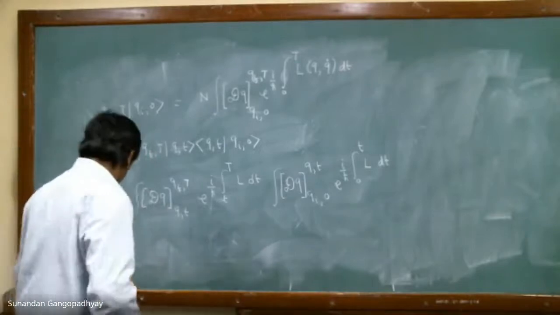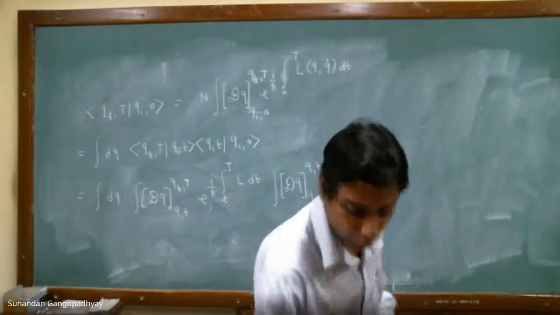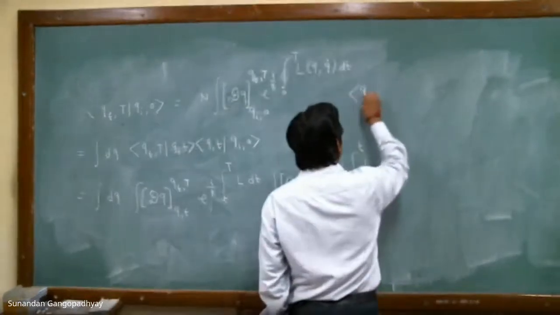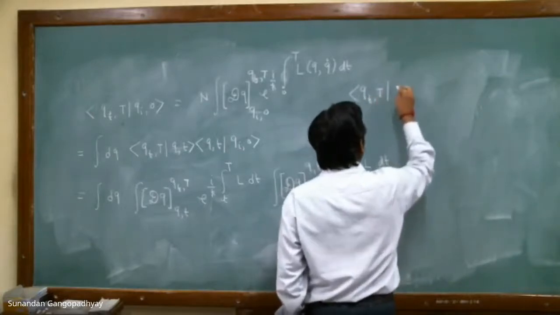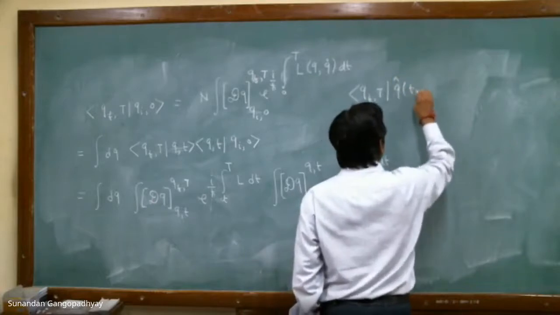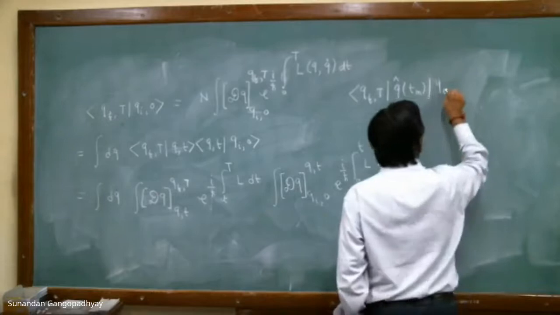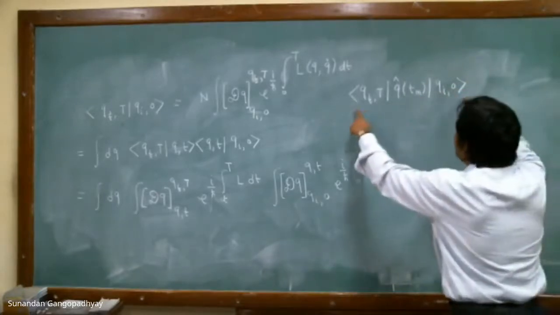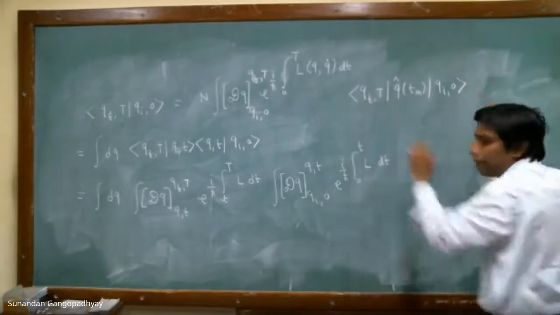And in the last lecture, I also showed you the following result, that if I take q_f and just put in some operator at some time t_n, so this is basically like taking the matrix element of this operator between these two states. So this is like a matrix element.